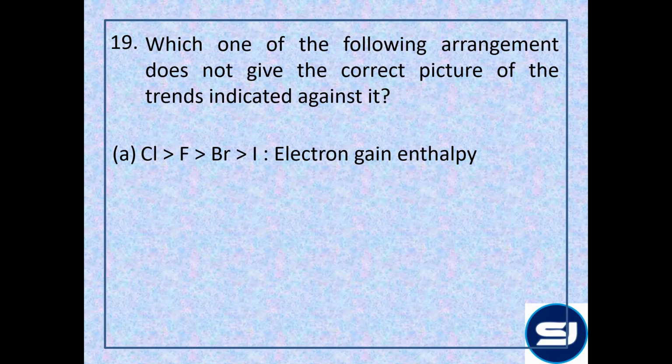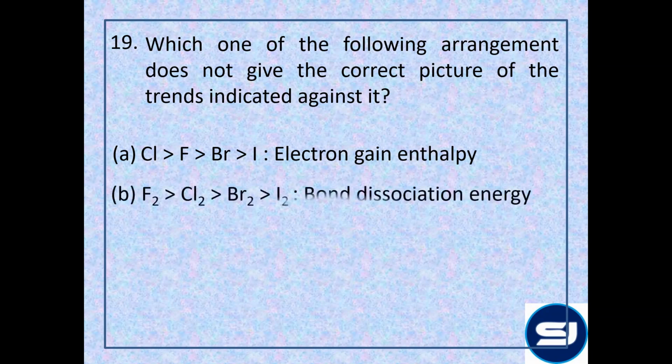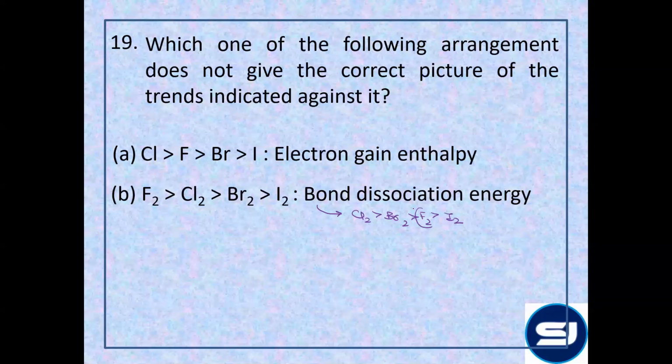Yes. Chlorine has the highest electron gain enthalpy followed by fluorine, bromine, iodine। Second one. Wrong. What should be the correct order for BDE? Chlorine, bromine, fluorine, iodine. Very good. Chlorine, bromine, then comes third position पे fluorine and then iodine। F2 has a very low BDE।